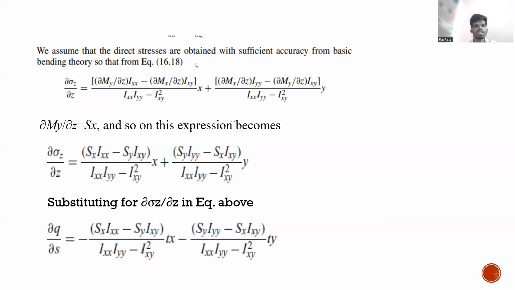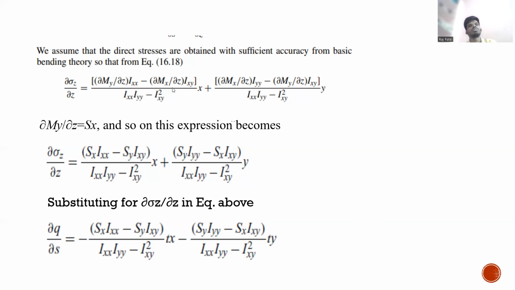And if you assume the direct stresses are obtained with sufficient accuracy from a basic bending theory, as we all know, the bending equation for a symmetrical plane is My by Z equal to Z into Y, where My is the moment along the y-axis and Z is the distance from the neutral axis, whereas Ixx is the moment of inertia about the x-axis, and dM by dz